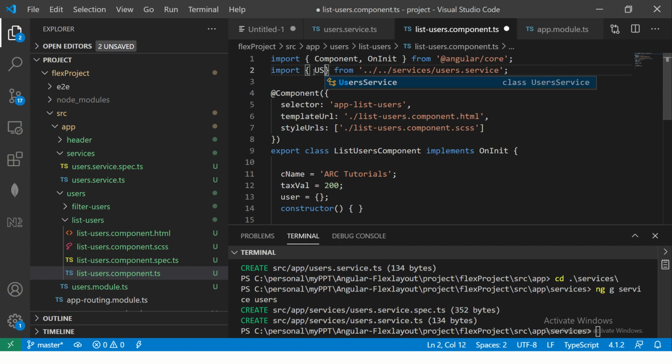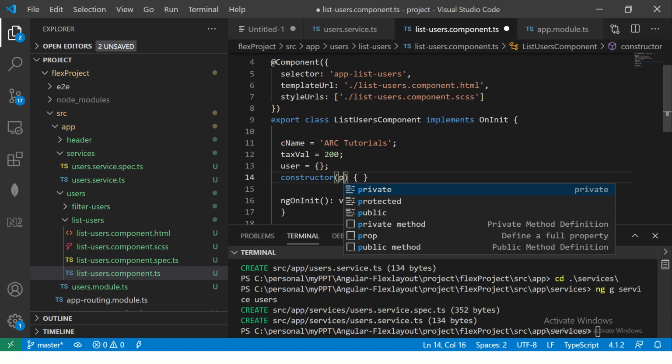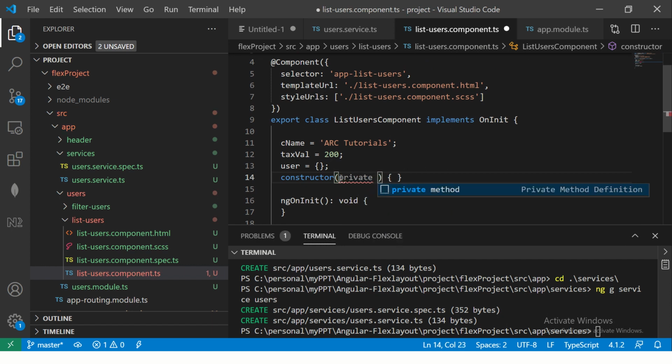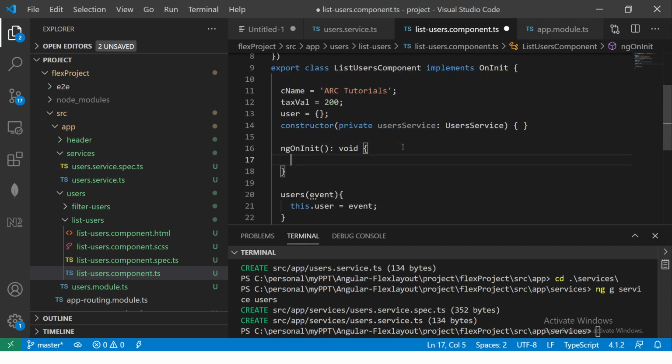Now see, user service, and this is what I need to inject in my constructor, create an instance, and depending upon if I want to use it as public, I can make it public or private, but for now I'll make it private. In ngOnInit, I'll write this.users.getUsers. I get the users list in my list component,